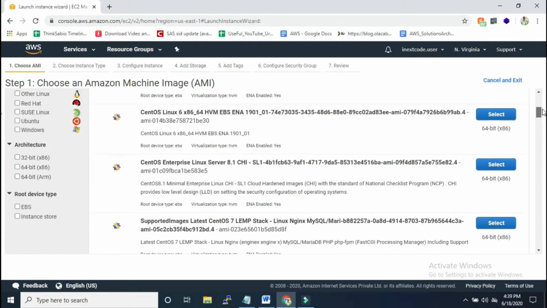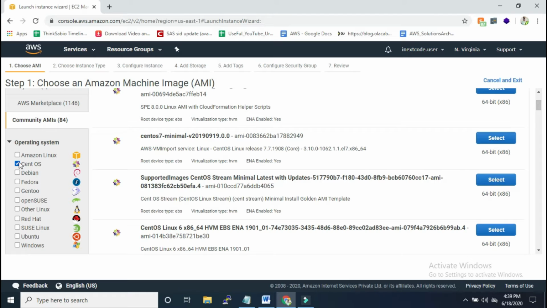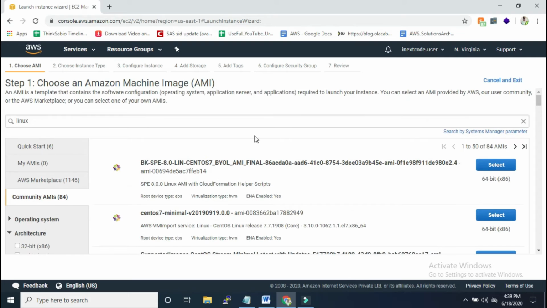Yeah, this is CentOS. So based on the operating system you want, you can go here. It will be easy for you guys. Also the architecture, whether you want 32-bit or 64-bit. Okay, let's go back to the Linux.